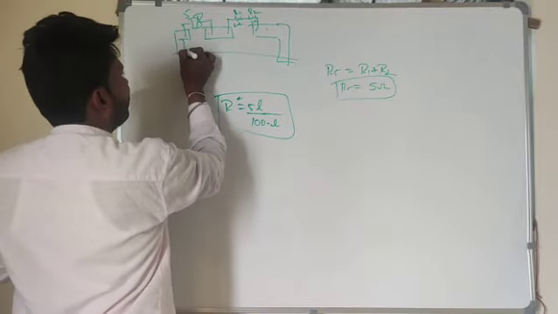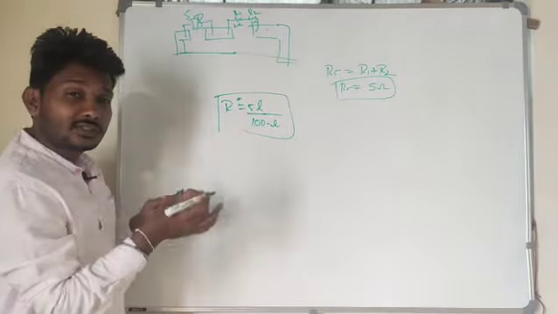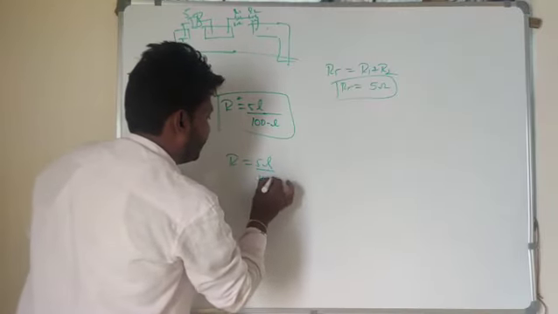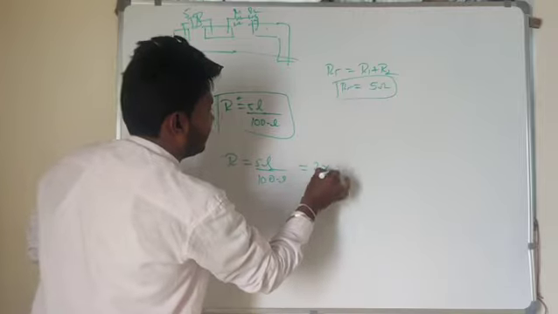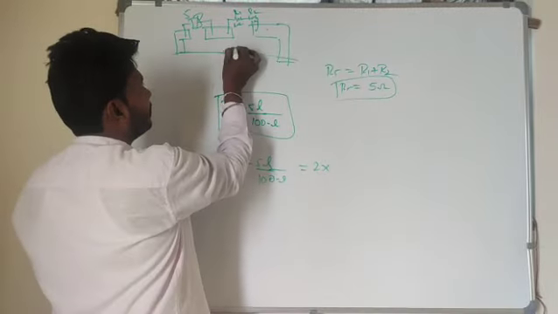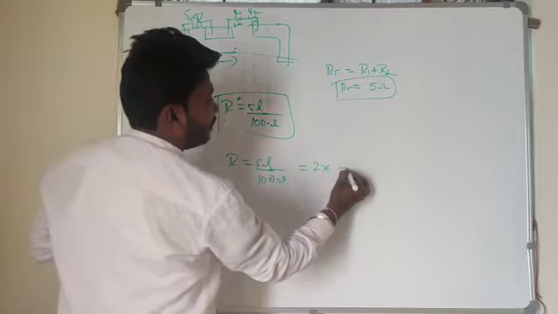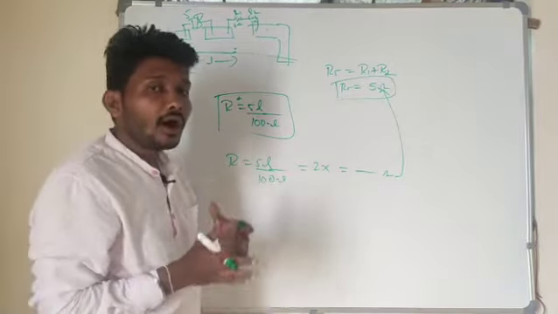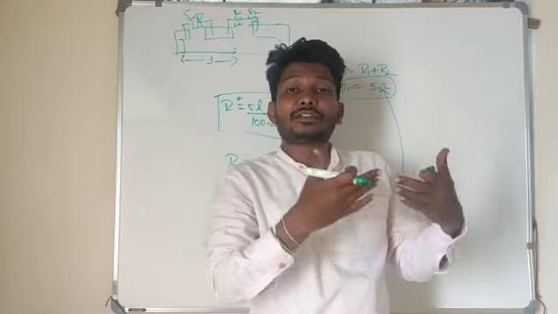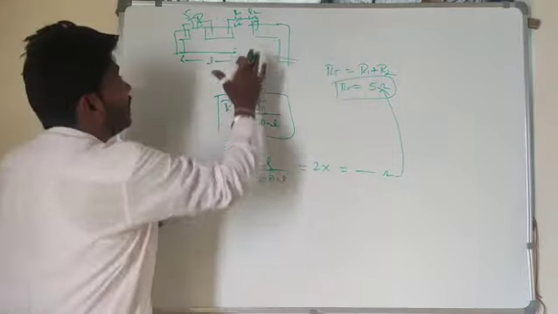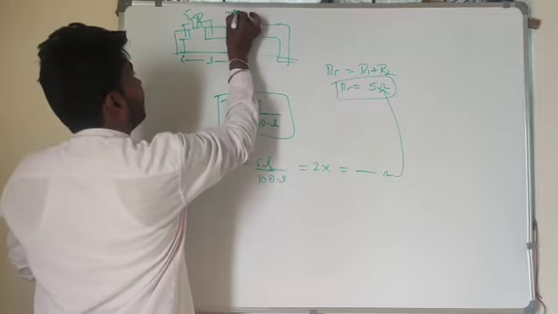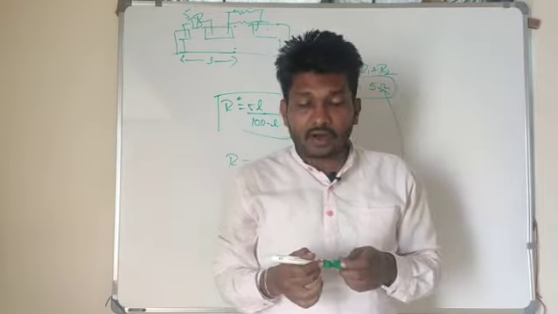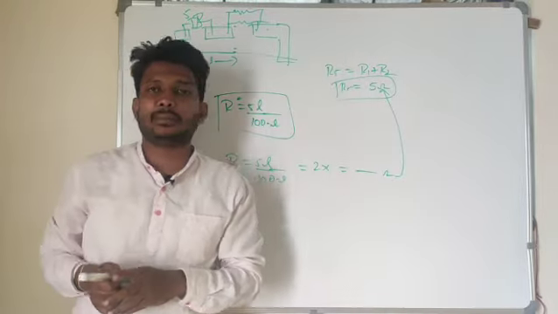For that purpose, I will place the jockey at one point. The galvanometer shows 0 deflection. That length is the balancing length. R is equal to S into L divided by 100 minus L. If this value is nearly equal to the theoretical value, then the law of series combination is valid. In a similar way, in this gap I will put the 2 resistances in parallel combination. Verification of the law of parallel combination is the fourth experiment, right?